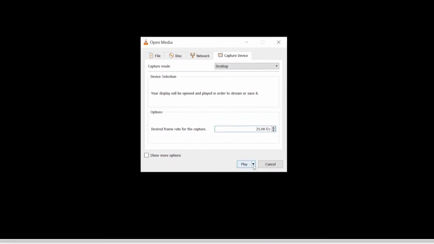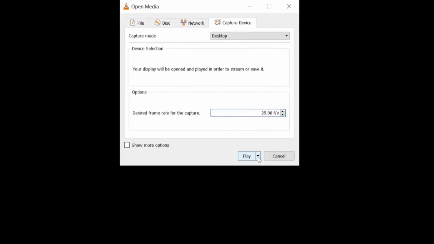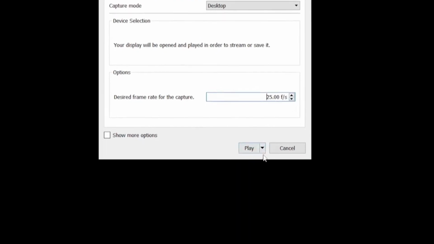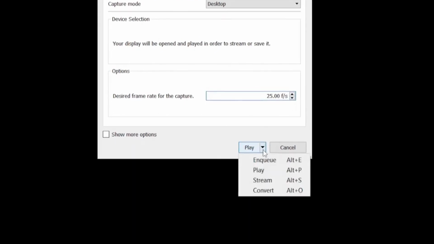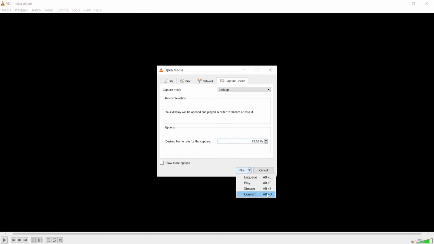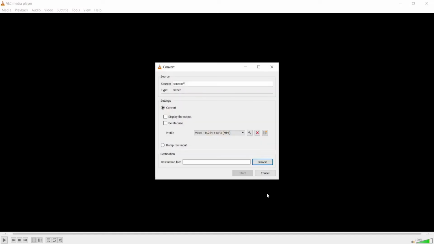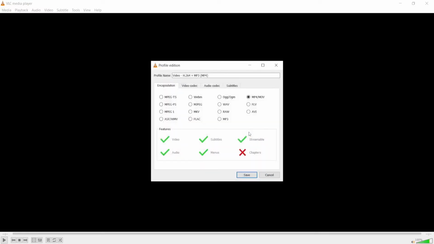Rather, I will click the down arrow sign here, and then Convert. After that, you should choose this as your profile, Video H264 plus MP3 (MP4), and then go to settings, hit the settings, and copy this